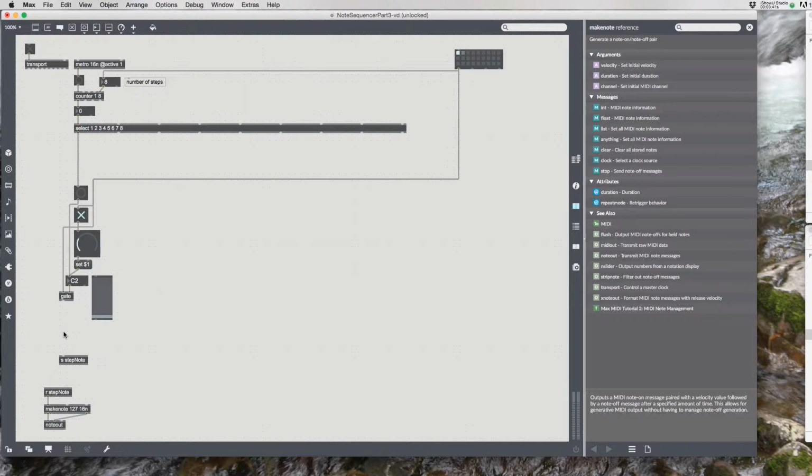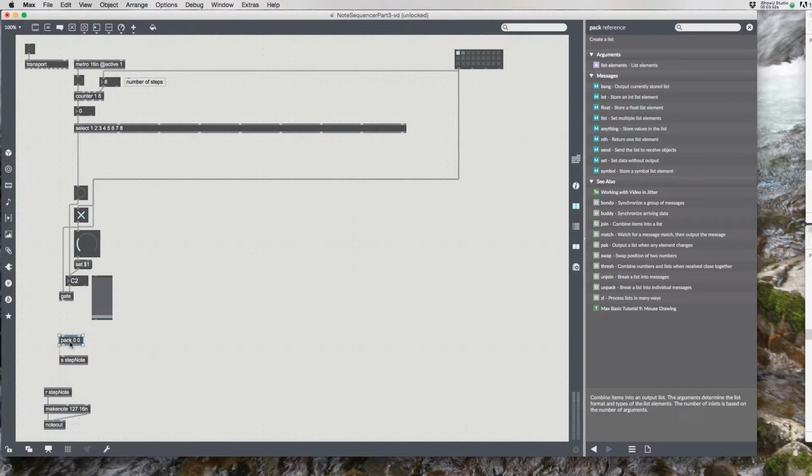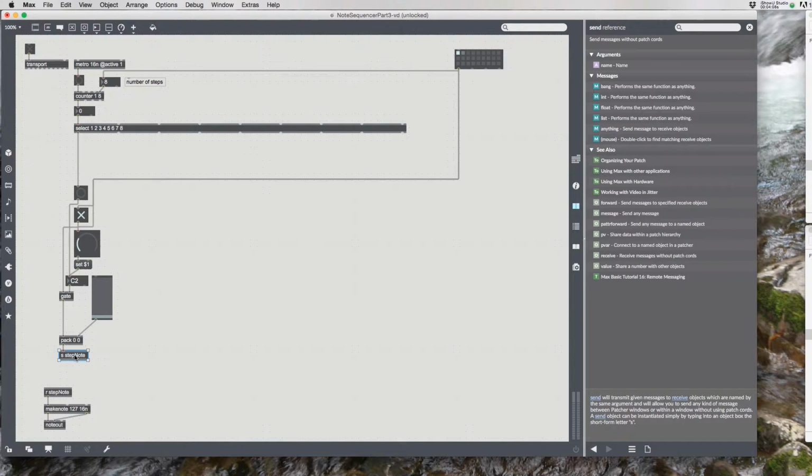So pitch comes out at the gate, and both are going to go into a pack object. Remember, pack takes individual items and puts them together as a list and outputs the list. So velocity will come in the right, be the second element. Pitch from the gate, when it's banged, is going to go on the left, and that's going to output the list. And that's fine. I can use the same send and receive. If I lock the patch, I can